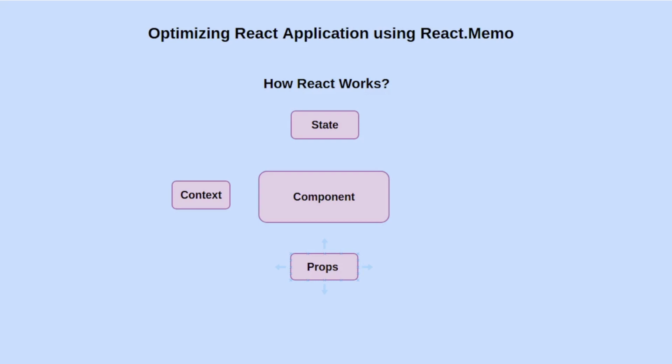The interesting point to note here is that let's say we have a child and, apart from this child, we have another child. So this is a parent and this is a child. Whenever we have this kind of hierarchy, the most important thing you should know is that if my parent is changing and re-rendering, it is for sure going to re-render the child component. That thing is very important. Even if I am not using the state, props, or context, it will not matter. It will still re-render my child component.